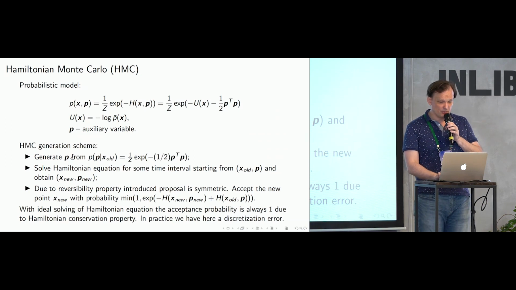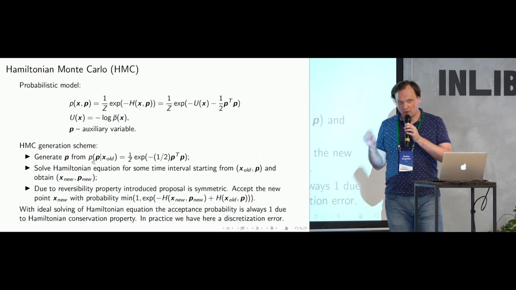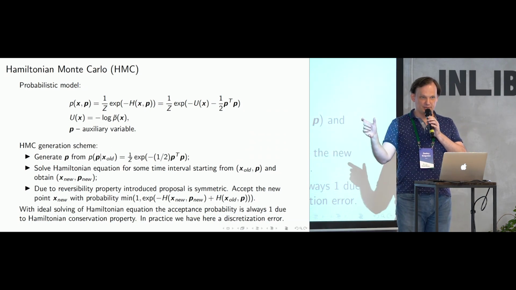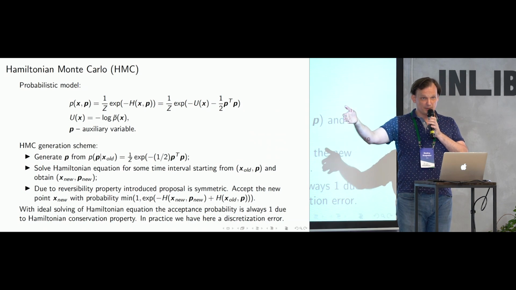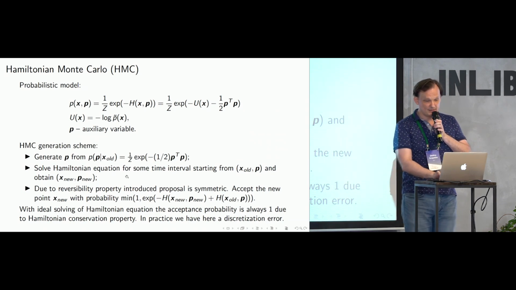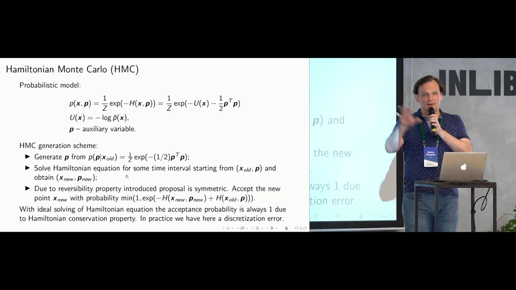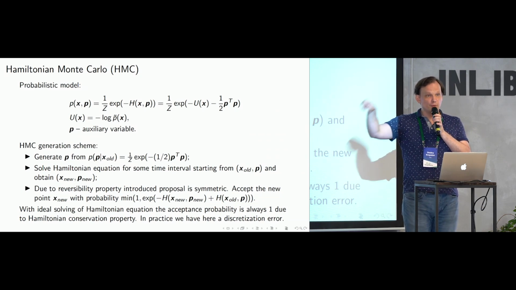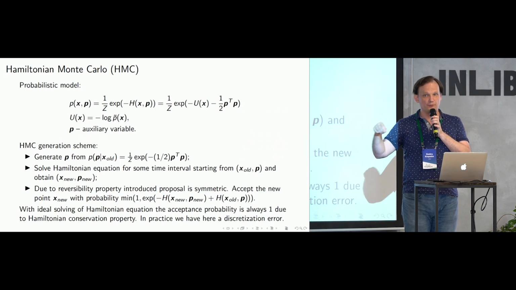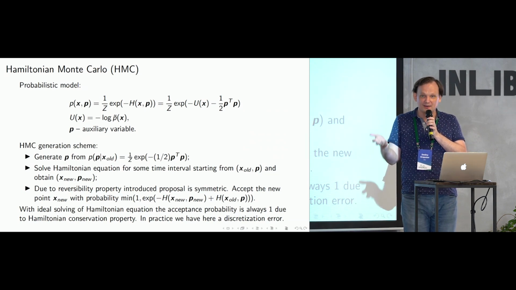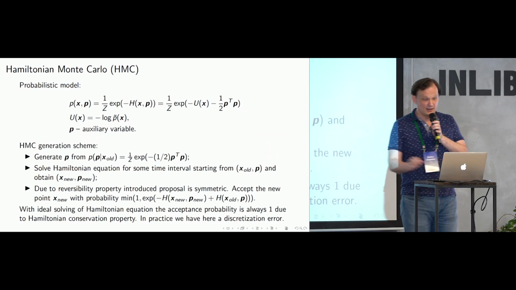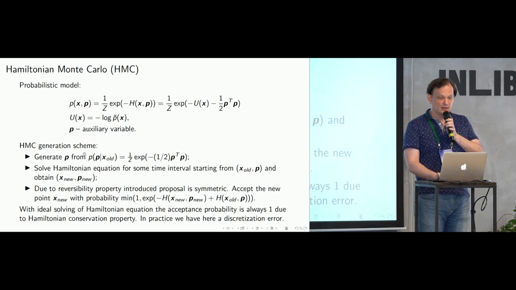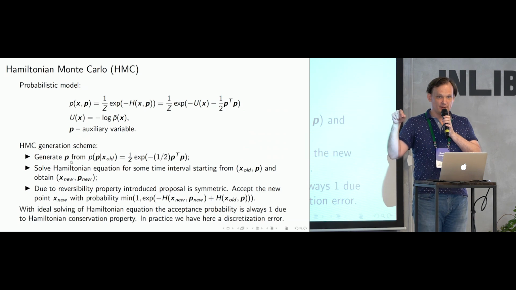By the way, it's important to sample this velocity, this momentum P, at each iteration. If we do not do this, if we just take the previous couple of points and move according to Hamiltonian dynamics, we would not be able to traverse all the distribution. We would move just along the particular level curve of our Hamiltonian. So our Markov chain would not be ergodic. We would not be able to come from any point to any other point. And that is why we need on any iteration to resample this velocity, this momentum variable, and then move